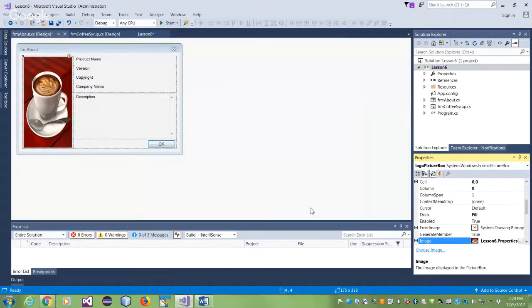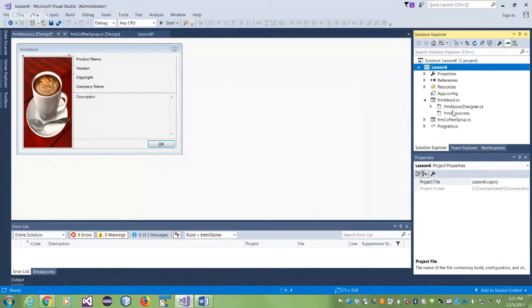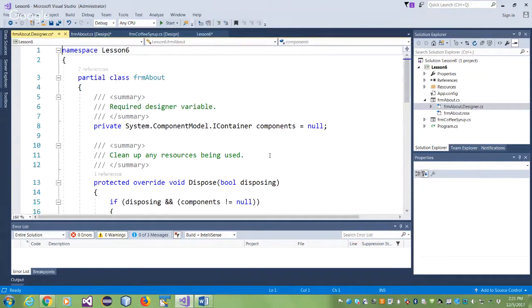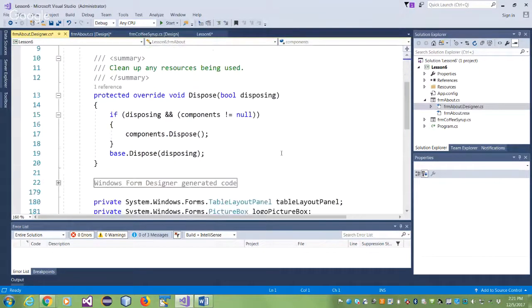So since the about template is already provided to you, I mean, we usually use it for the about form. You don't have to. Nothing says you have to, right? But if there is a template, why not? Okay. So you can replace it with anything. Now, where is this information? How do I know that this information is coming from the assembly? If I go to the designer file, you will notice,